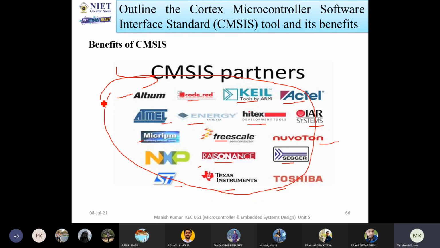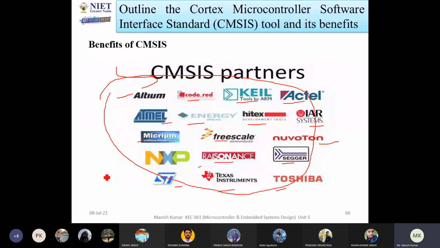It's better to use CMSIS tools and software so that you can use different companies' hardware, develop a system, and connect all the systems with the help of the CMSIS interface.